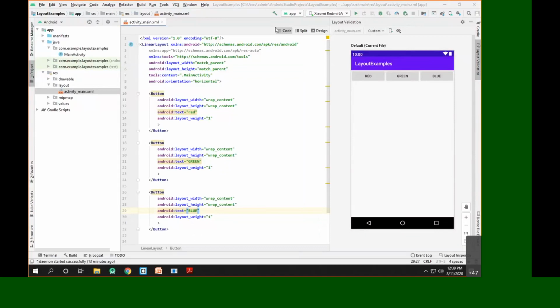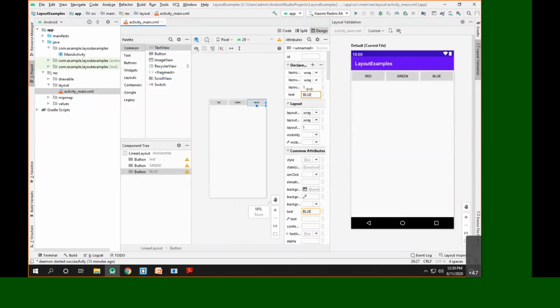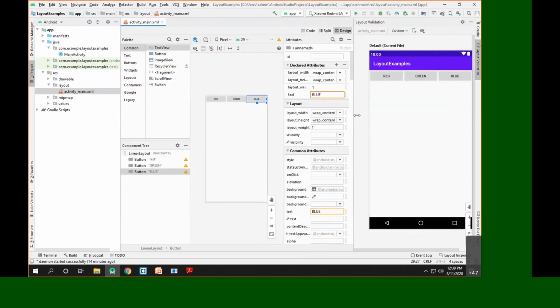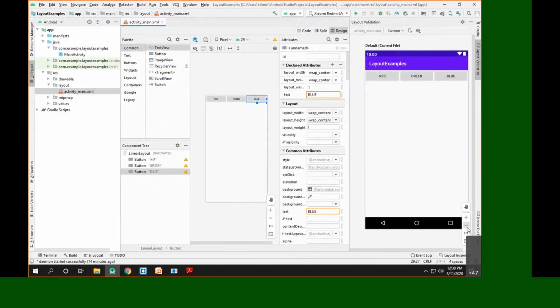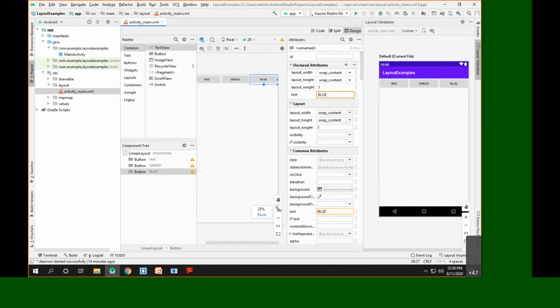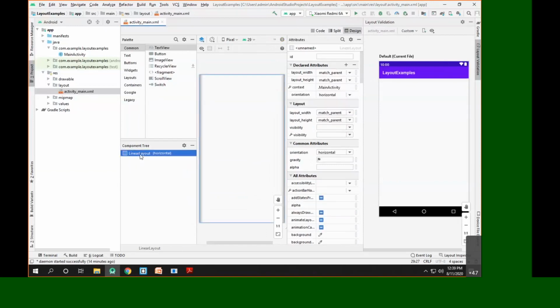Here you can see I am currently in the code window. Now let's go to the design window. Once we go to the design window, here you can see I have a design window. Let me size this so that I can have a proper preview of all the windows, and I'll zoom it. Now we'll delete all these buttons available here. I'll simply delete those buttons, and this particular linear layout I'll be changing into the constraint layout.